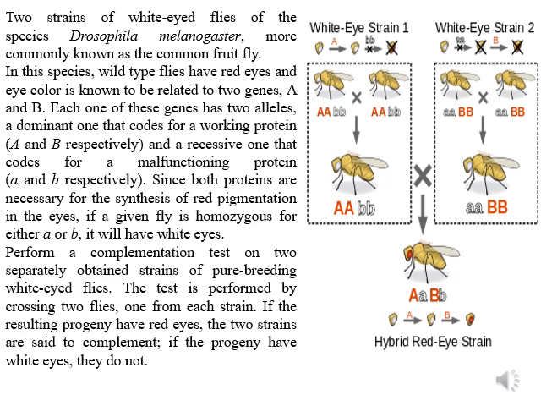So you can see when these two strains are crossed, the genotype is going to be capital A, small a, capital B, small b. So what is happening? The gene product A is present, the gene product B is present. Therefore, since both the proteins are there, the red pigmentation in the eyes is possible. A hybrid red-eyed wild type strain is produced. So, the mutations on these two genes have complemented each other, yielding a wild type progeny. So, this is the complementation.